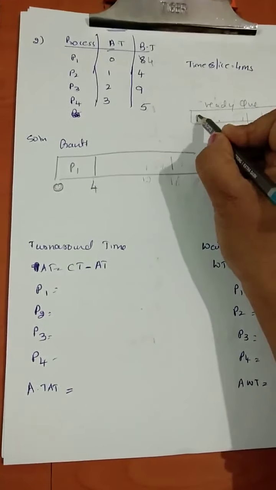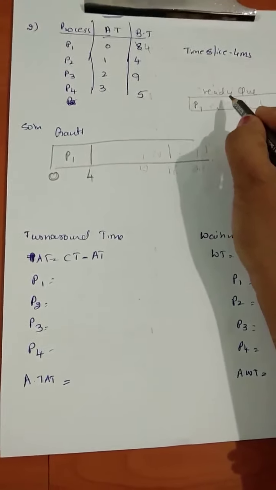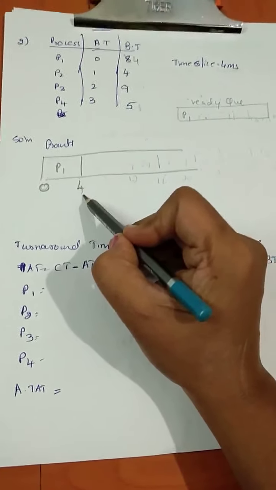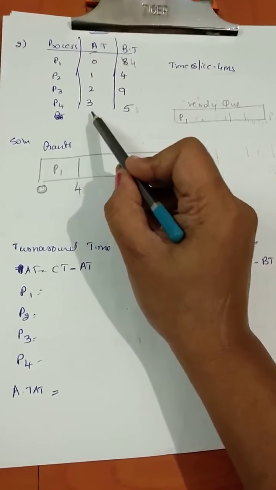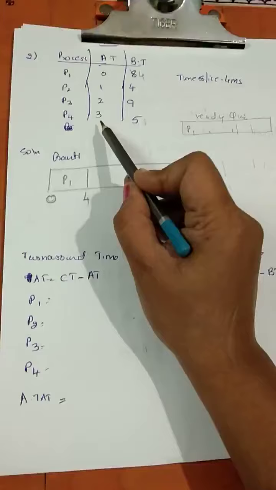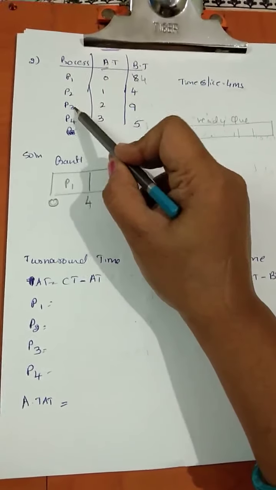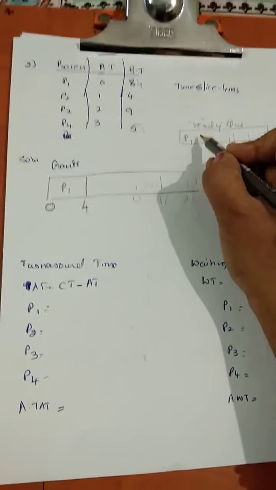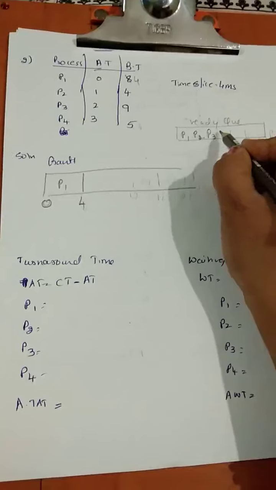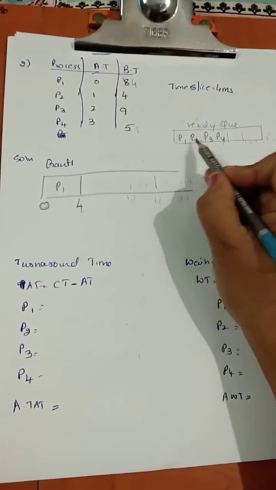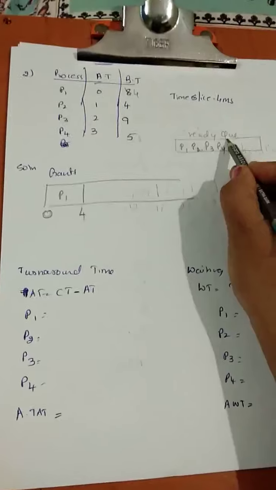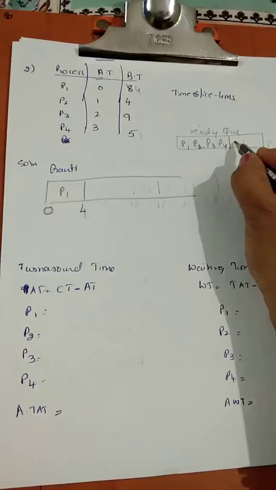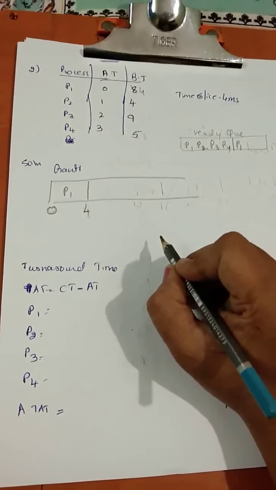So P1 is already scheduled over here, which was first in the ready queue. Then at the 4th millisecond, see which processes are available. Since we don't have a 4th arrival time, we have up to 3. So P2, P3, P4 are all available at the 4th millisecond. So write down P2, P3 and P4. That means after P1, P2, P3, P4 will be scheduled. After this, we don't have any processes left here. P1 will be placed back in the ready queue, so that it will be scheduled again.